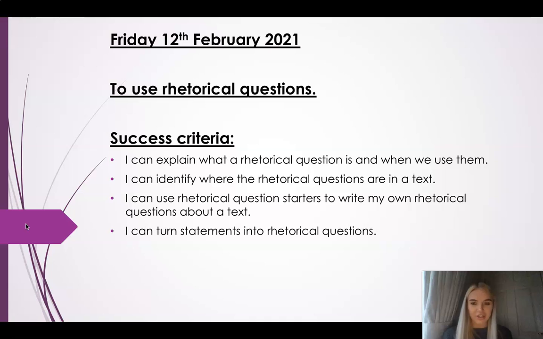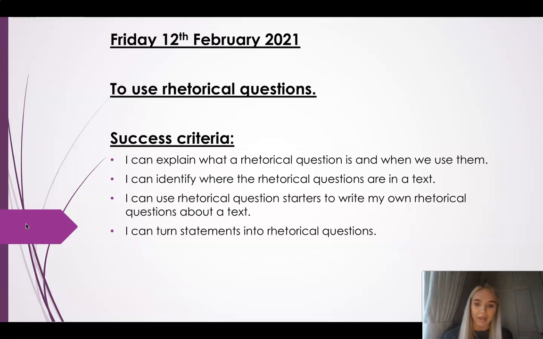In today's session, you are going to be learning to use rhetorical questions. And by the end of this session, you will be able to explain what a rhetorical question is and when we might use them. You will be able to identify where rhetorical questions are in a text that you are